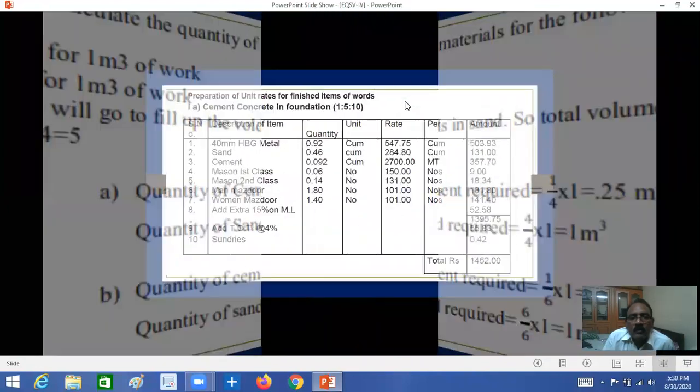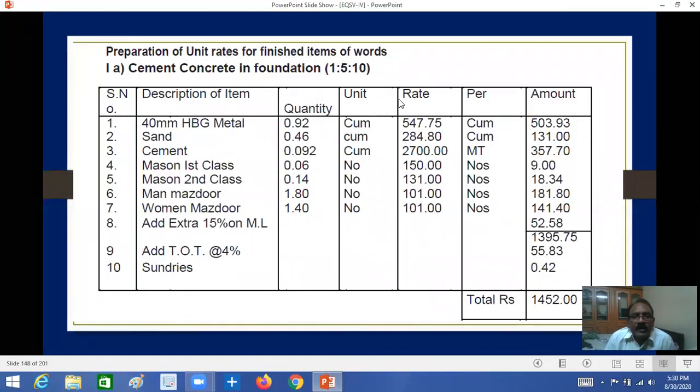Now we'll see preparation of unit rates for finished items of work. See here, cement concrete foundation. It is one question you will definitely get, a 10 or 15 marks question in our external examination. How to calculate? Here you have a table showing serial number, description of item, quantity, and